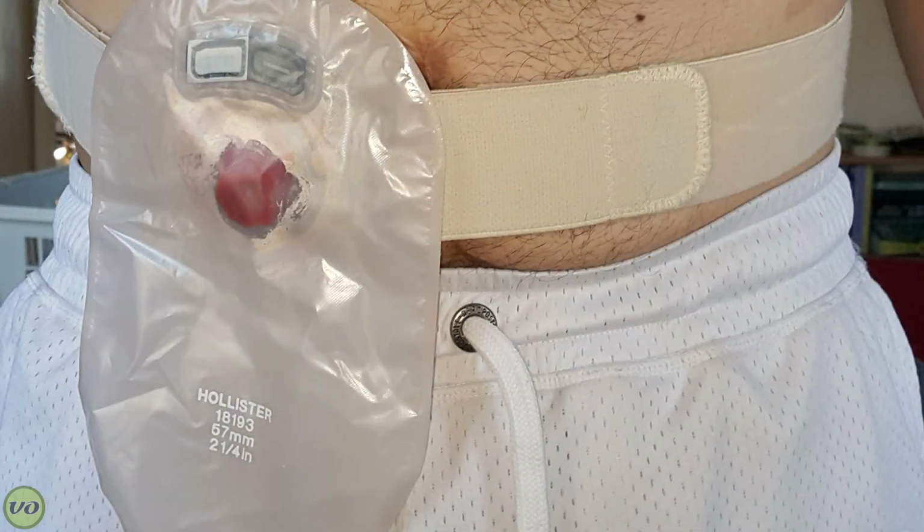Okay, so ostomy accessory belts. This is probably one of the first accessories you'll run into as a new ostomate, and the primary purpose is to add extra support to your appliance. Now, for most people who empty their bags before it gets to about a third full, this isn't usually something that's required. However, if you have a high output stoma or even something like a urostomy bag, then these tend